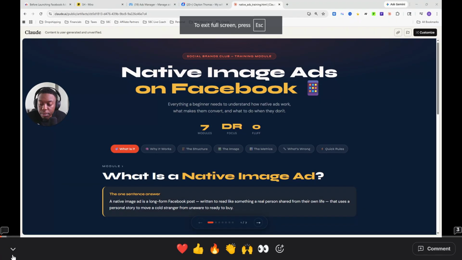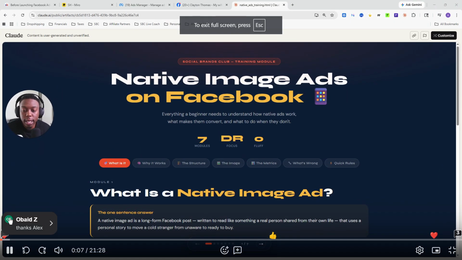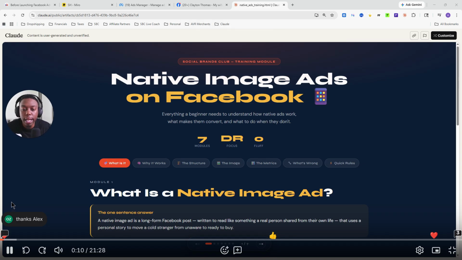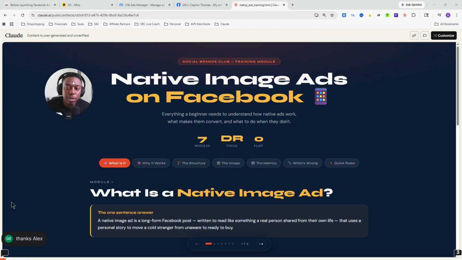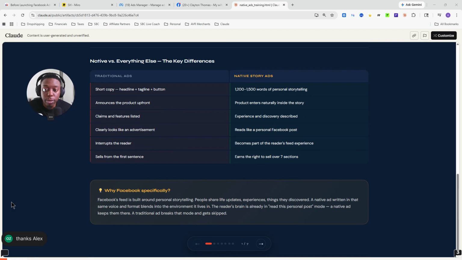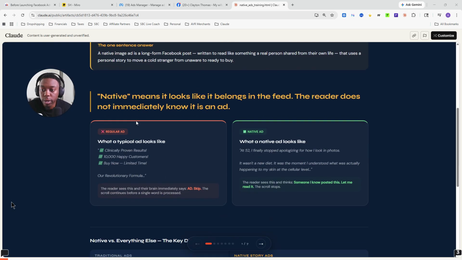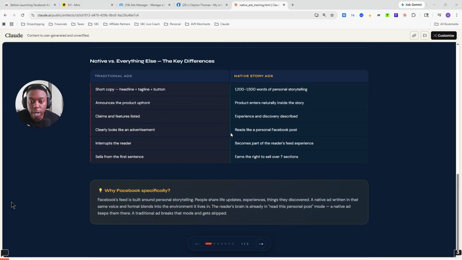Spend some time going over the concept and the first principles of native image ad copy and images that go along with it. And then we can obviously get into the specific trainings. And this is the stuff a lot of people skip over. They want to just get straight into the strategy, but they don't realize that understanding the principles is what ultimately will make a difference for them. And these people will see the most results that understand why this works and not just what to do to